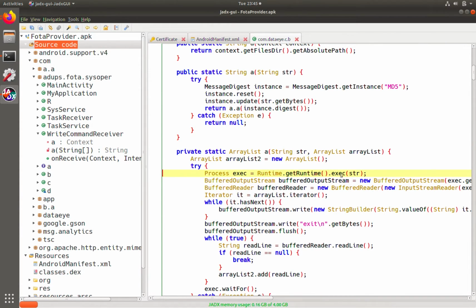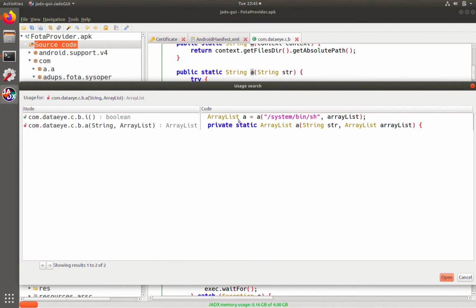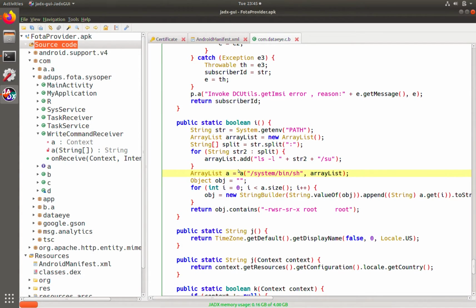So in this code, we see they immediately, as the second line of this method, they're going to execute whatever is passed to this method in string. So that still looks promising. Let's continue tracking back to see what that might be. Find usage, and there's one place that it's used. So here we are. This is the one place that method was used, and it's passing in the command to open up a bash shell,